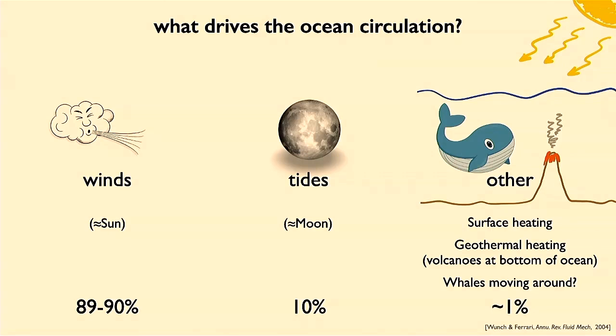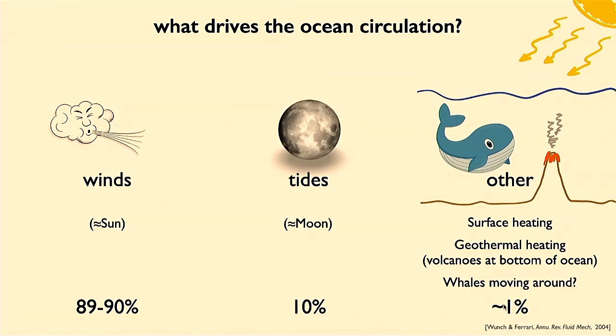There are people who will get really heated up and chat about this and discuss that, oh, it's not like that. But anyway, the consensus over the whole Earth is that mostly winds drive the ocean circulation, and tides. Okay, so winds and tides are the main ones, you can't forget everything else to first order. There are people who are talking about waves, whales moving around, mixing the ocean and causing all of this. I mean, yes, that could be part of this 1%. Even this 1% is an exaggeration.